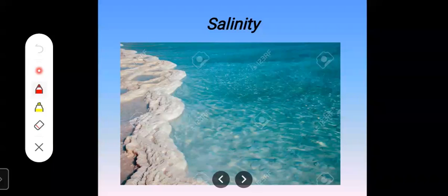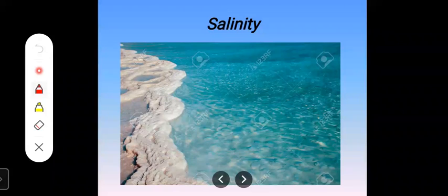done that activity. You have experienced the salinity, with the 3 containers. I hope you have done, students. Then now we are going to see. So let's continue the same chapter. That is the second major property of seawater, that is salinity. Now, what is salinity? Here we'll see. Again, we'll see what is salinity.